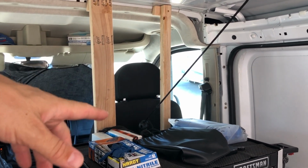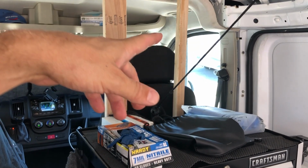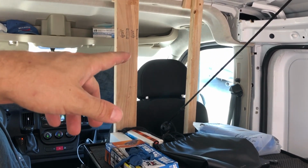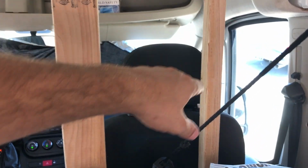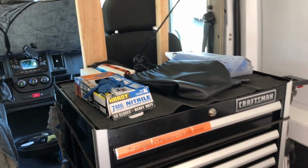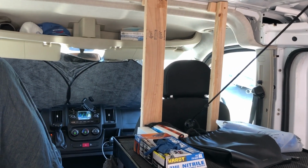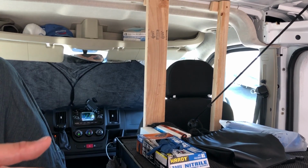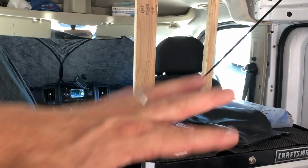So I used some leftover lumber. I got a 2x4 and a 2x2 left over from the cabinet build. I am going to swap this 2x2 out with another 2x4. It's just too flexy. But for now, it's securing my tool chest. I think in a panic braking situation, I'll be fine. Obviously, if I hit something, I'm screwed. That's going to end up in the cab. But I also got the passenger seat to help